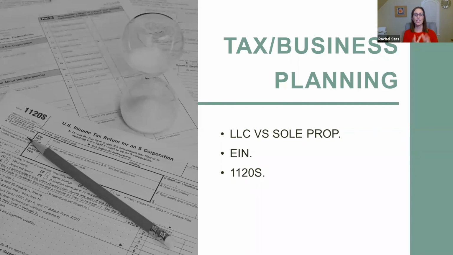And what it is doing is it's pulling that business return off your Schedule C and off of your personal taxes and creating its own business return. So it's telling this is where your expenses are. It's not audited as much because it's not on your personal return. If you want to add a partner or an investor, you can show them your business and it's only your business on it.